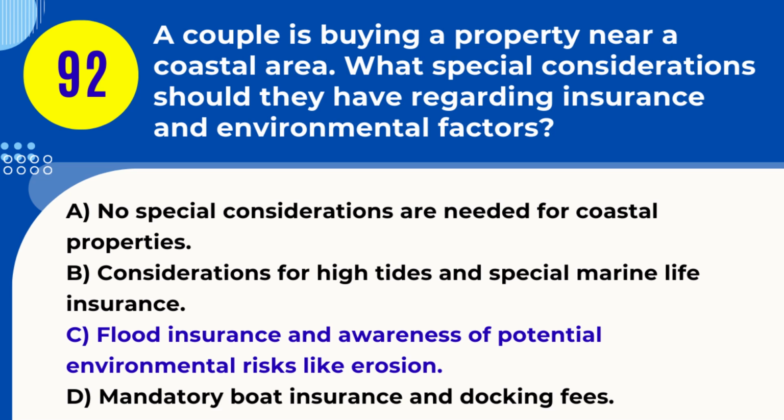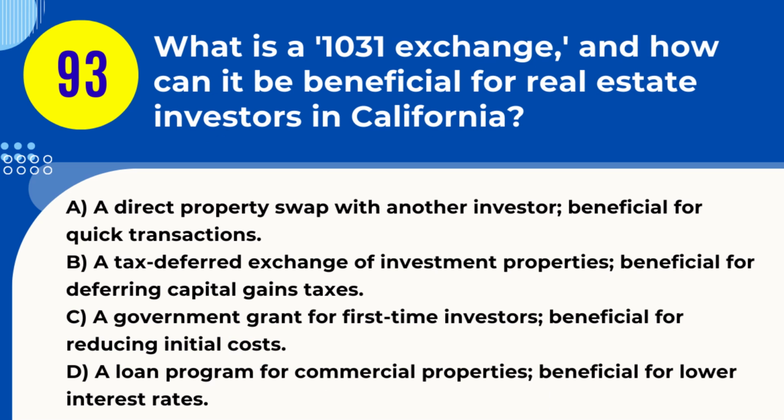Answer: C. Flood insurance and awareness of potential environmental risks like erosion. Explanation: properties near coastal areas may require flood insurance due to higher risk of flooding and should consider environmental factors like erosion. Question 93. What is a 1031 exchange, and how can it be beneficial for real estate investors in